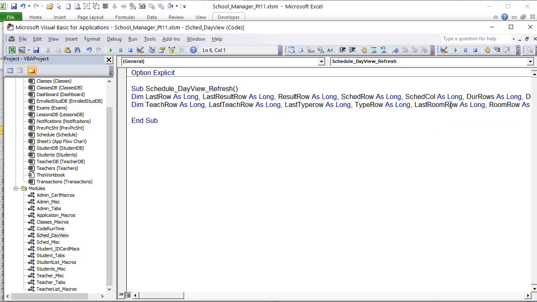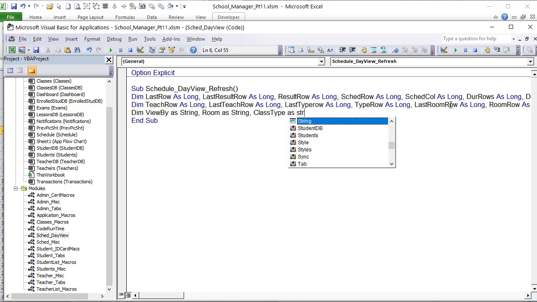Okay, so once we have that, we also need to know the view by as a string. Dimension the view by. What is that? Room, is it a type or is it teacher? View by as a string, so that's going to be the string, so we need to know that. Also the room as a string, room as string. And also I want to know the class type as a string, class type as string, because those are going